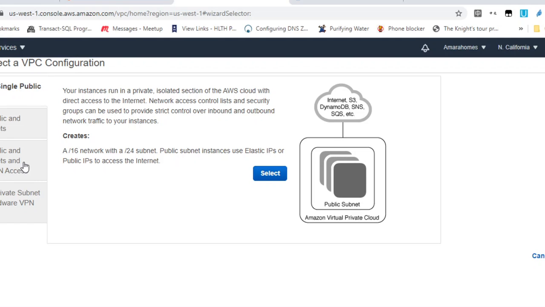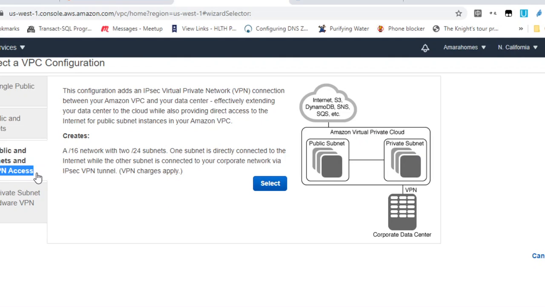For instance, there are 4 options here, and you can also come up with your own idea, hybrid ones. The first is a VPC with a single public subnet, the second is a VPC with public and private subnets, and the third is a VPC with public and private subnets and hardware VPN access. Remember, VPN access is virtual private network access, which allows encryption and secure connectivity. As you click on each one of them, it's going to lay down a CloudFormation template for you, which